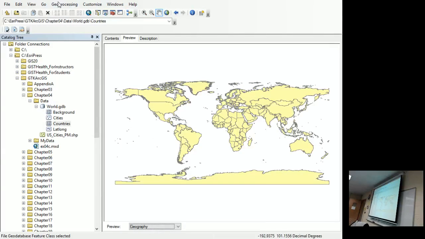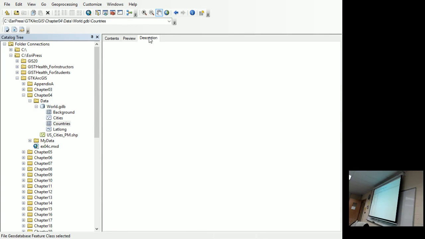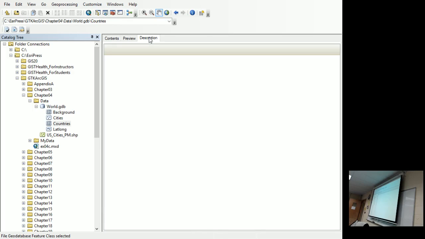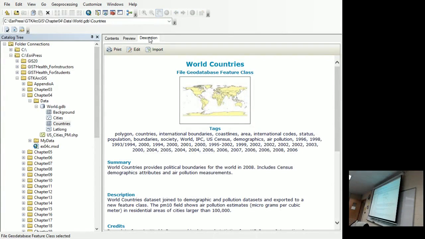In the catalog display, click the description tool. All right, the description tool is where the metadata is supposed to reside about the data. Metadata is data about the data. No one ever bothers to fill out the metadata. When I click on functions and ranges, it's all saying the preview display, but it doesn't fix itself. Oh, okay. So description is metadata.